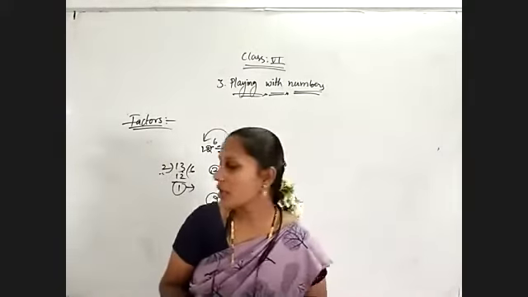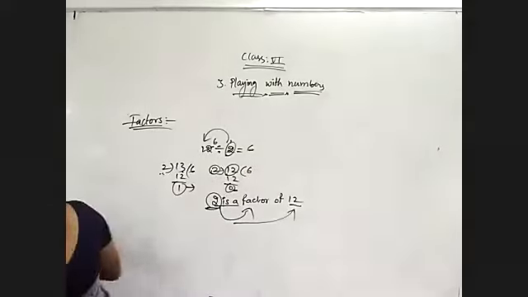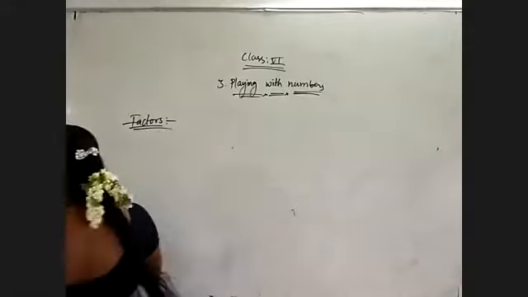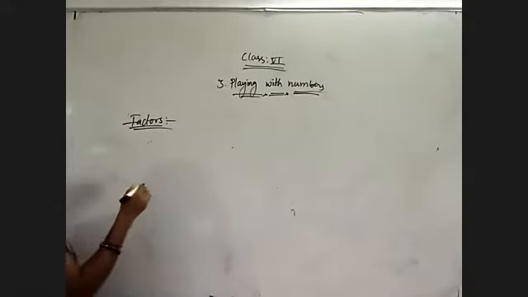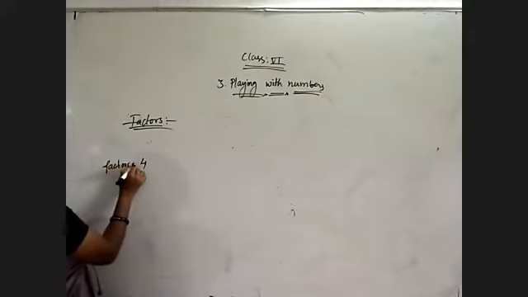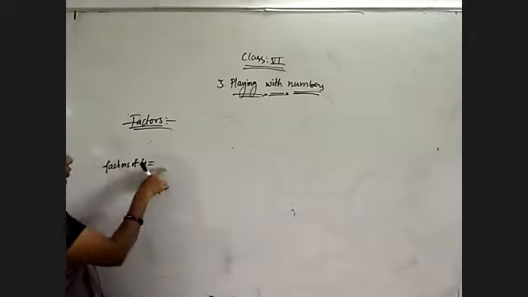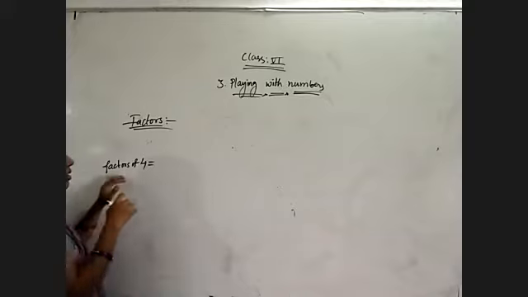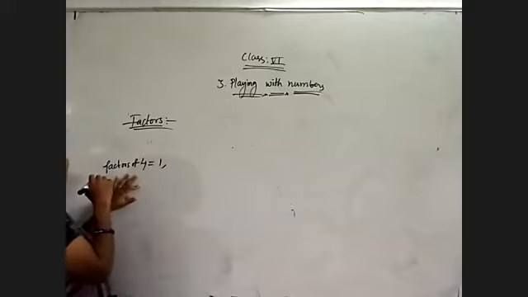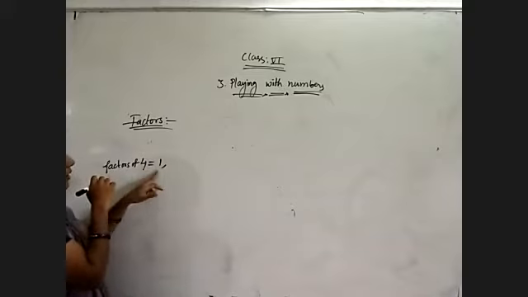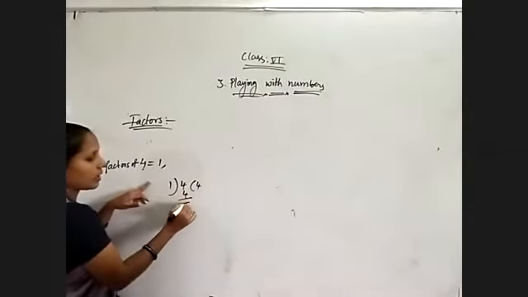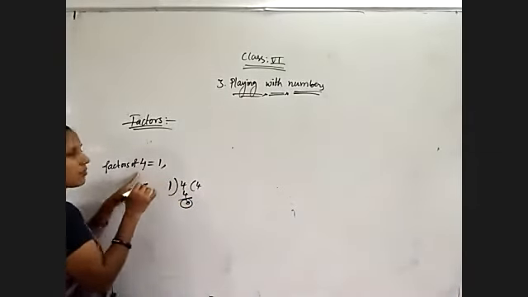Okay, remember this. Now I am writing factors of several numbers. Suppose I am taking my first number as 4. Try to write the factors of 4. For this we need to check the tables 1 to 4. In the 1 table, are we getting 4? Yes, it is divisible by 1. 4 divided by 1, 1 four is 4. Remainder is 0. That means 1 is a factor of 4.